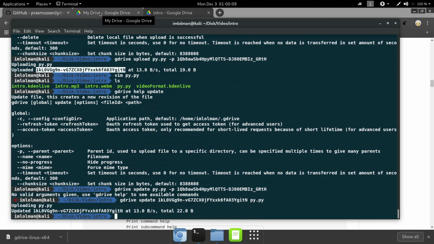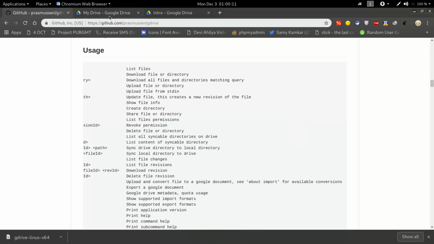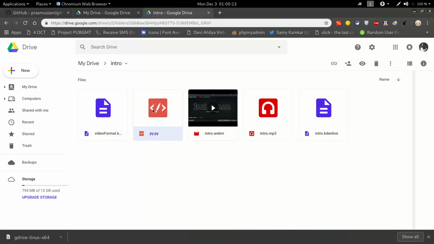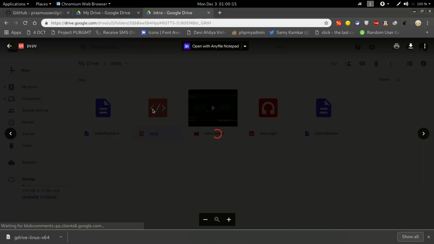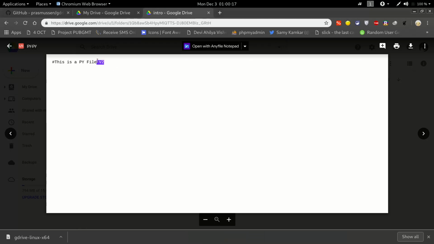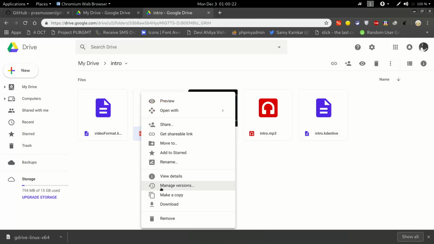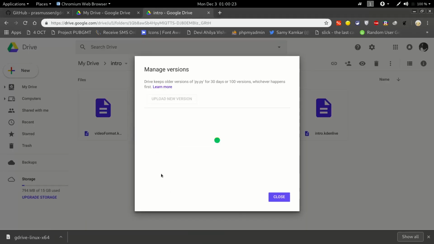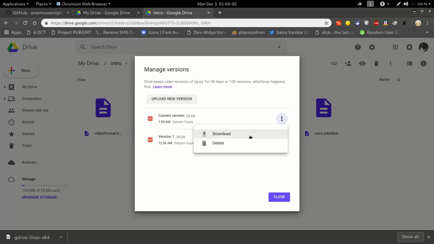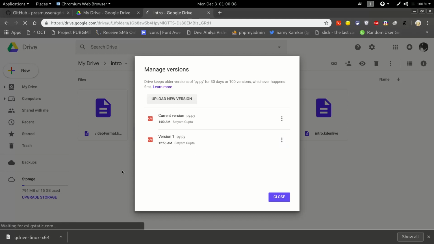Now if I go to my Google Drive and look at this file, I'll see this is version 2, and it has a history. So if I right click it and manage versions, I could see that there are 2 versions of it, and I can download these versions. So this is version 1 and this is the current version. So if I download this file,